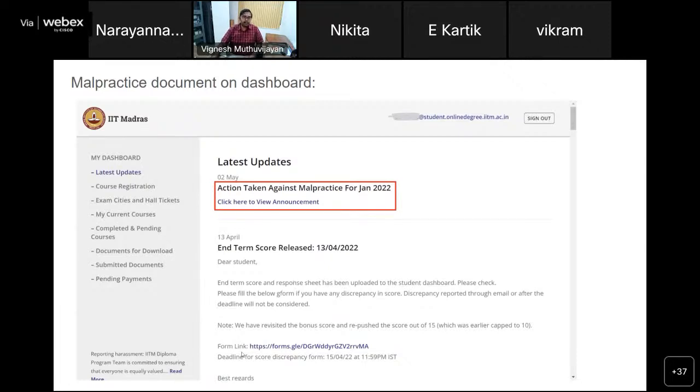Another important thing which you would want to be aware of is, this is a degree program from IIT Madras. So we do take academic integrity very seriously. In case there is an academic malpractice, there are serious consequences for it. We will talk about it, but whatever action is taken will also be listed on the dashboard. And anybody who is found guilty of this will basically lose the opportunity for internship and placement support from IIT Madras. So this is a very serious repercussion that you will have. So please take this very seriously.